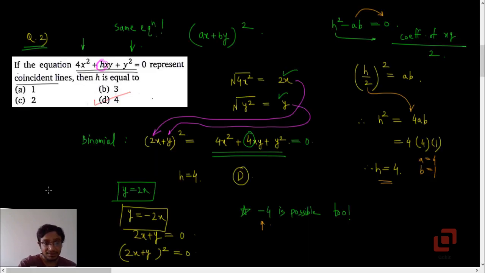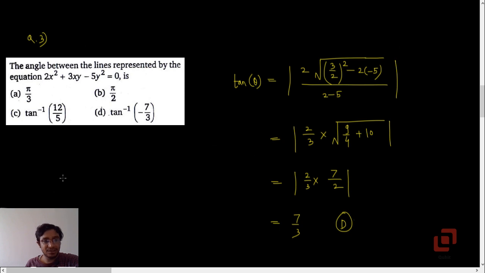Okay, such questions can come in JEE, okay, or even in CET, because according to them the difficulty level is at par with the JEE main. Okay, so they may even ask you this question: for what values of h does this equation represent imaginary lines? Okay, and that range will be open interval minus 4 to 4, and we know that if h is equal to minus 4 or 4, then coincident lines, and if h is greater than 4 or less than minus 4, then those lines are real and distinct. So that was question 2.